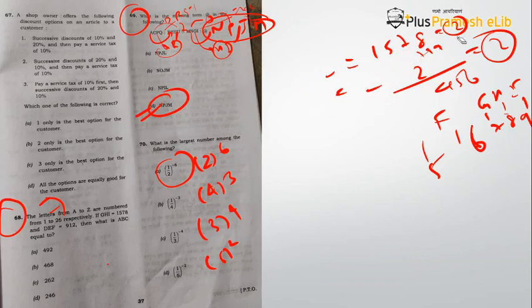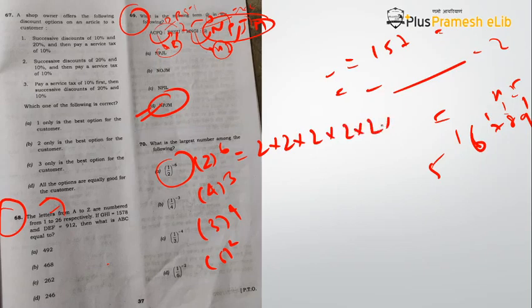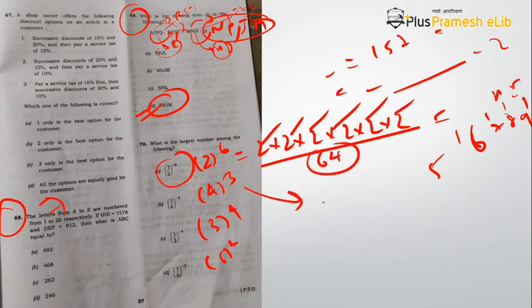Now all you have to do is just multiply. 2 raised to power 6 will be 2 into 2 into 2 into 2 into 2 into 2. That means 2 multiplied 6 times. So 2 2s are 4, 4 2s are 8, 8 2s are 16, 16 2s are 32 and 32 2s are 64. Then what will be this? This will be 4 into 4 into 4. 4 4s are 16. 16 4s are 64 again.